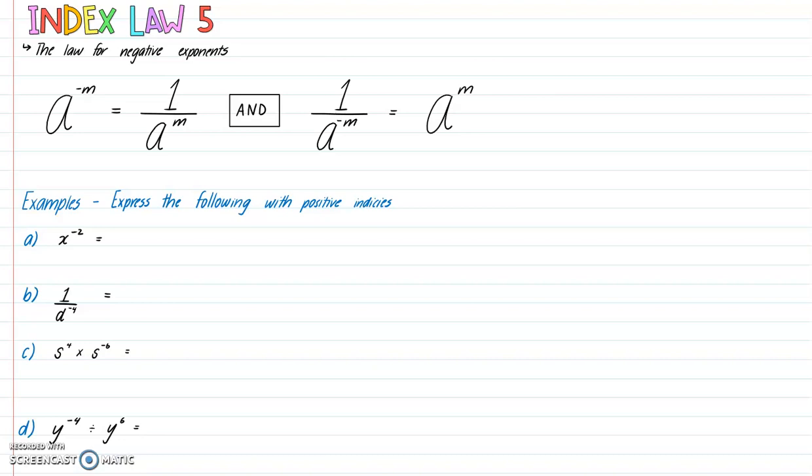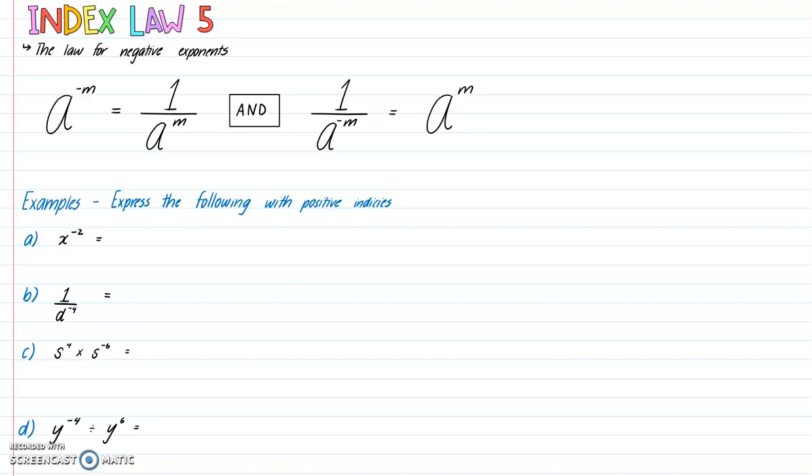Index Law 5. The fifth index law is the law for negative exponents, and there are two parts to this law. So here we have both of the generic formulas for index law 5. If we have a to the power of negative m, we can take that a to the power of negative m, get rid of the negative, and put it in the denominator of the term. So this is the negative reciprocal. So we change the exponent, and if it's negative, we make it a positive, and we put it in the